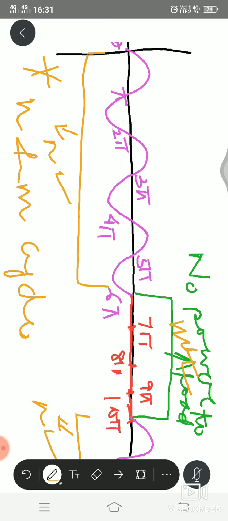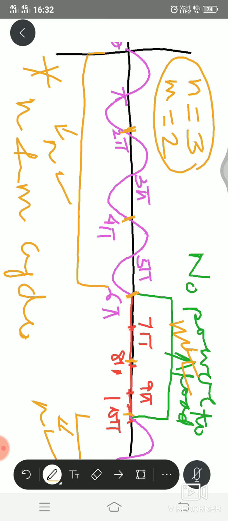I'm just giving one example that N is equal to 3 cycles. You can see over here, this is one cycle, this is second cycle, and this is third cycle. So N stands for 3 cycles and M stands for 1 cycle, 2 cycles. So for this case, N is equal to 3 cycles and M is equal to 2 cycles. So by controlling N and M number of cycles, the power delivered from the source to the load can be regulated as per our requirement.